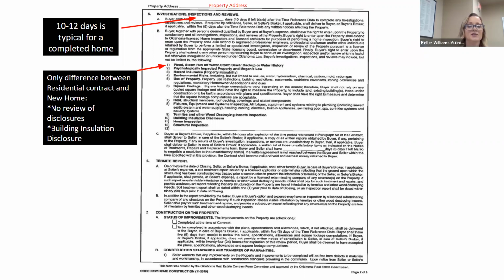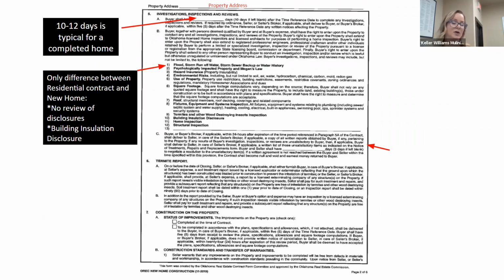Now you're also going to notice on the new build contract, which is a little bit different, is number 10. The buyer gets the right to review the building insulation disclosure, which is going to be attached to the bottom of this contract. So if the buyer doesn't like the type of insulation or details that go with that, then they could have the potential of canceling this contract. So this paragraph, paragraph 5C, is what really defines the difference between a residential regular contract for an existing home